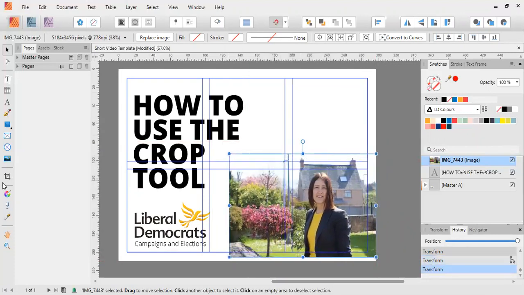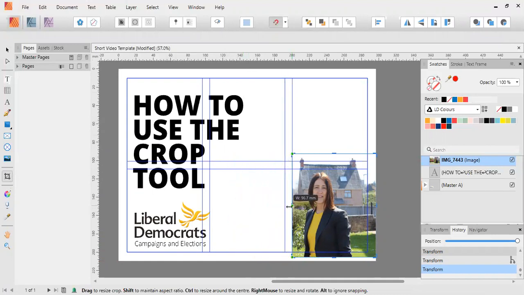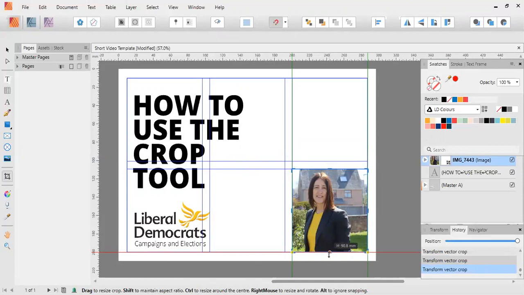Okay, so if I click on the vector crop tool, you'll see the nodes around the picture have now changed to these lines. And now, if I click and drag on those lines in the middle of those sides of the photo there, you'll see it is cropping the photo down rather than distorting the image at the same time. Okay, so we've now used it on all four sides to crop this photo